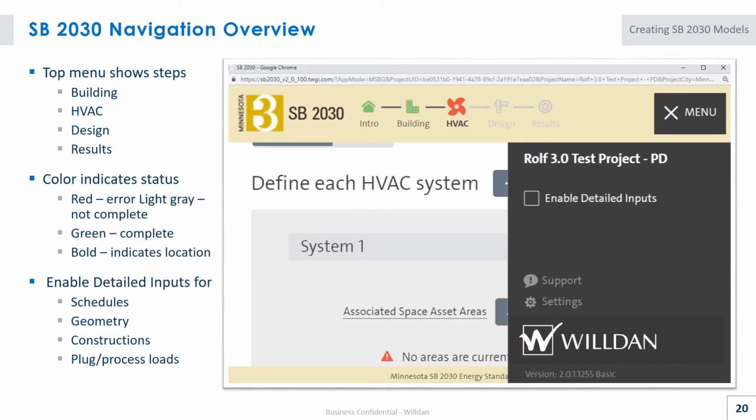On the top menu of the tool, you will see 5 tabs. There's the Intro, which we just saw a moment ago, a Building tab, HVAC, a Design, where you specify what your energy efficiency measures are, and then a Results tab. There's also a button for a menu where you can enable detailed inputs. The detailed inputs will allow you to set a project-specific schedule other than the default schedule, geometry, construction type, or